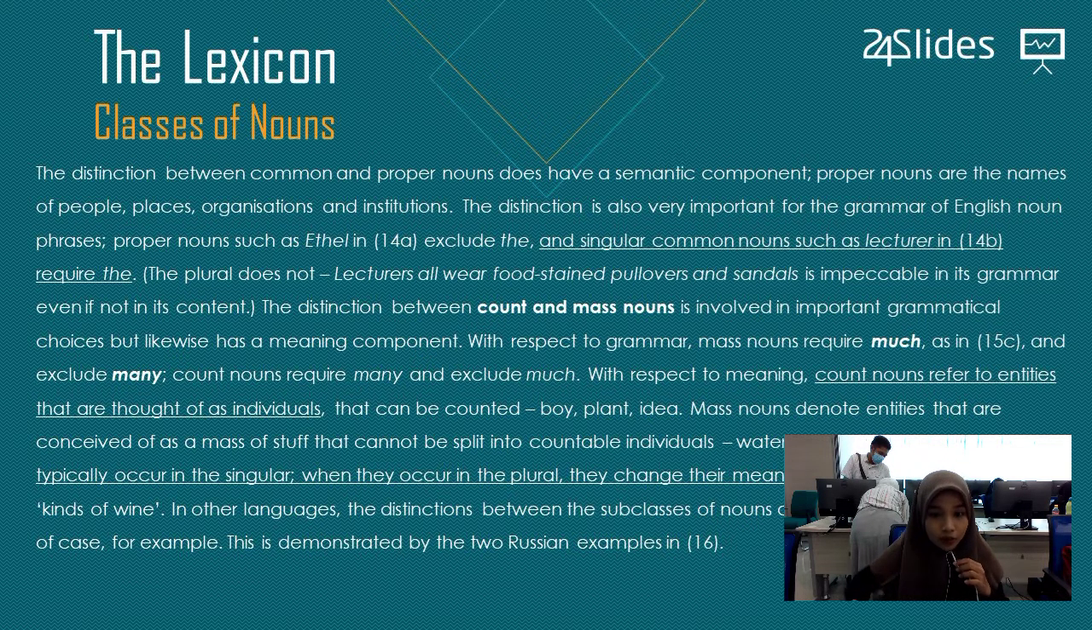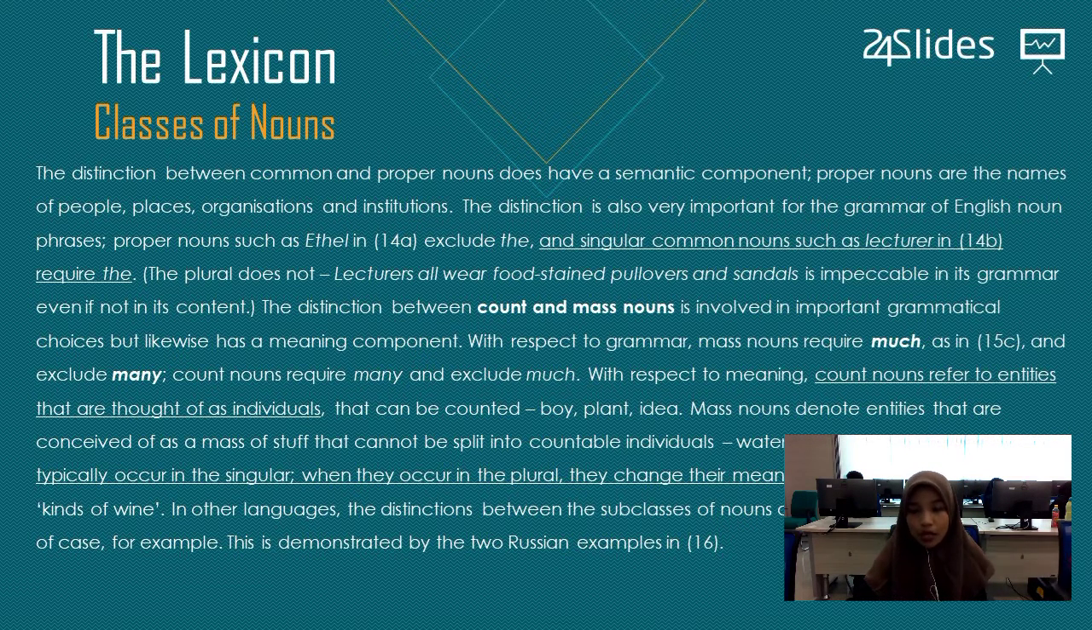content. The distinction between count and mass noun is involved in important grammatical choices, but likewise has a meaning component. With respect of grammar, mass nouns require much, as in 15c, and exclude many. Count nouns require many and exclude much. With respect to meaning, count nouns refer to entities that are thought of as individuals that can be counted by plain idea. Mass nouns denote entities that are conceived of as a mass of stuff that cannot be split into